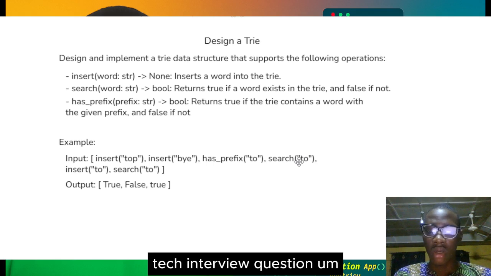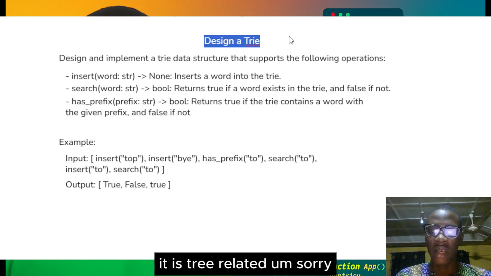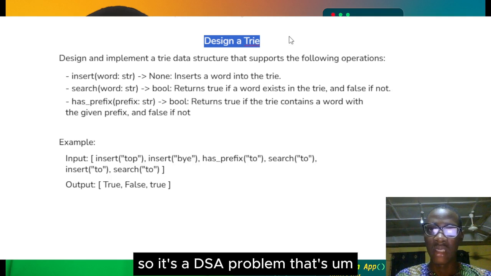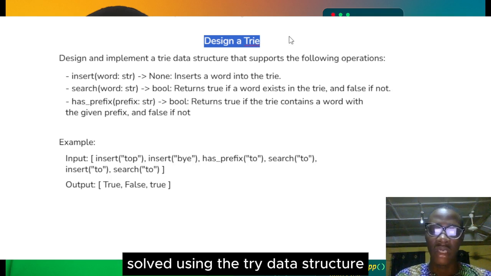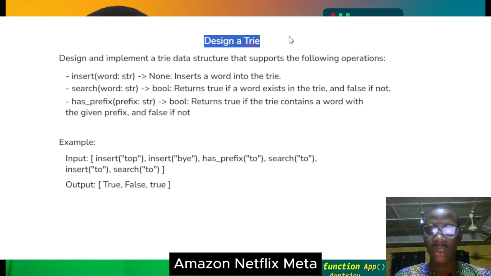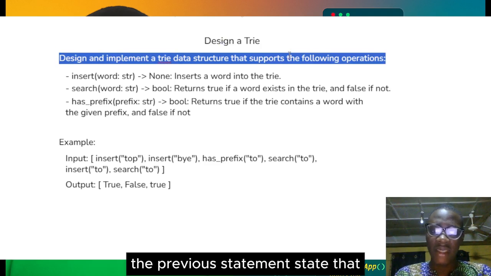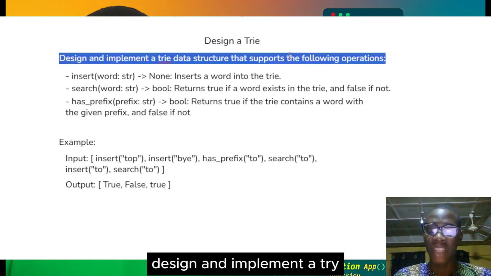Hi guys, today we'll be solving another one of the most commonly asked tech interview questions. It's the design a trie DSA problem. It is trie related. So it's a DSA problem that's solved using the Trie data structure. It's commonly asked by top tech companies including Google, Amazon, Netflix, Meta, Apple, Microsoft, and other top tech companies. The problem statement states that we design and implement a Trie data structure that supports the